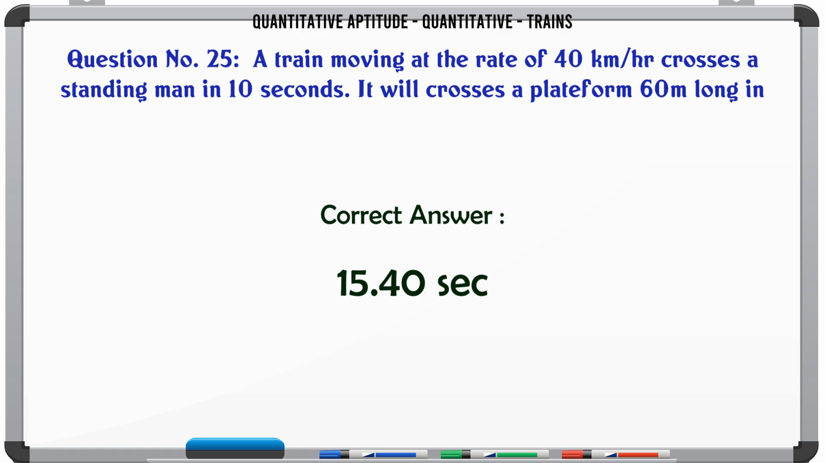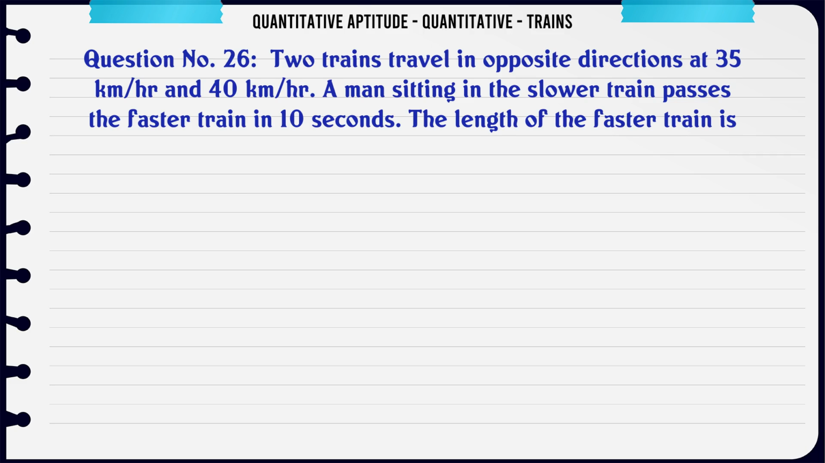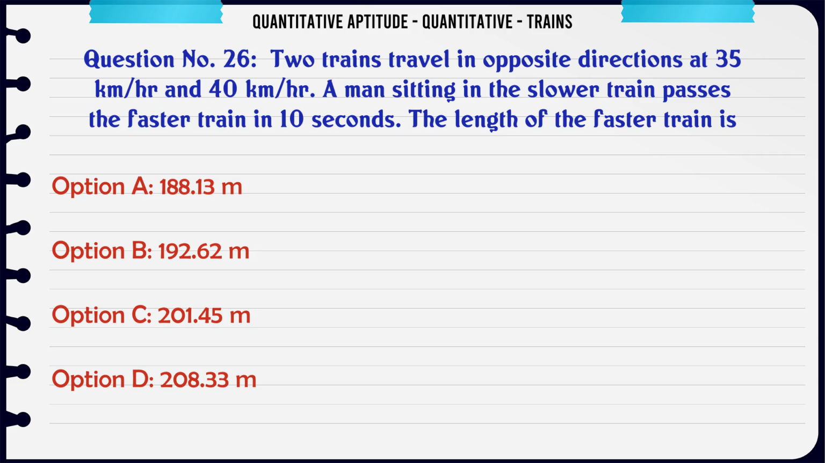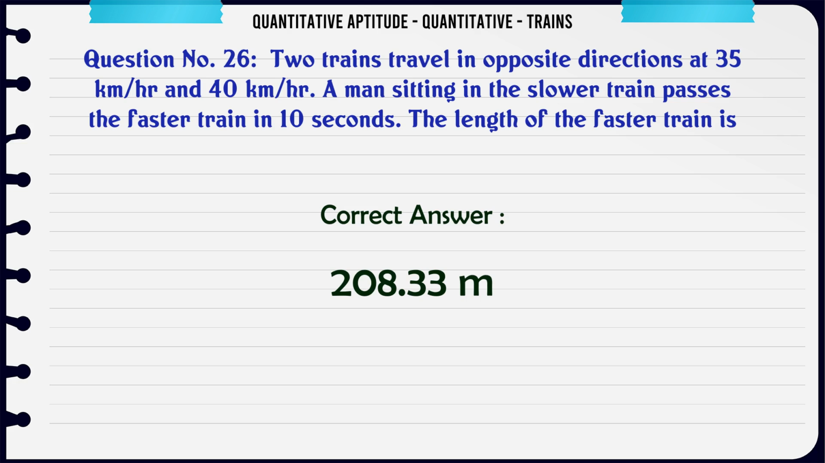15.40 sec. Two trains travel in opposite directions at 35 km/h and 40 km/h. A man sitting in the slower train passes the faster train in 10 seconds. The length of the faster train is A 188.13 m, B 192.62 m, C 201.45 m, D 208.33 m. The correct answer is